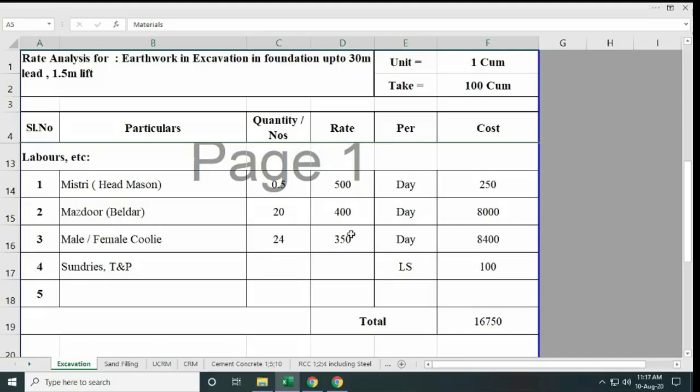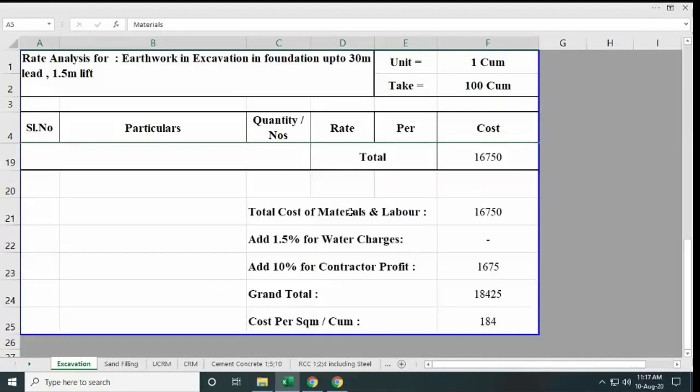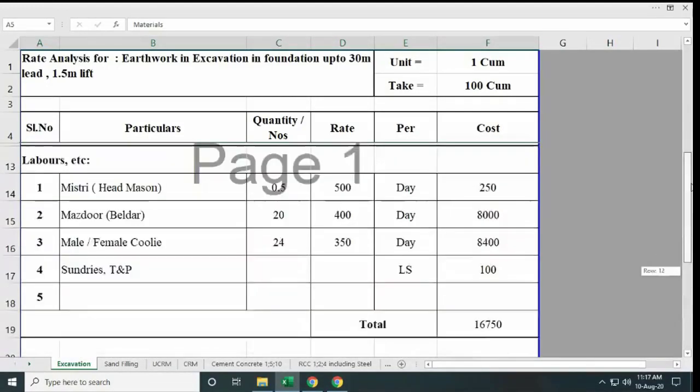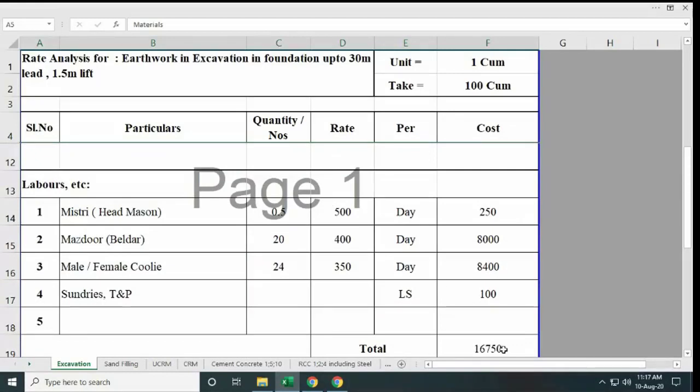Again, in different cities these rates will change. The same rate you may not have in Bangalore and elsewhere. It will vary. Therefore, in rate analysis and material calculation, you can concentrate on the method. Afterwards these rates may vary slightly. It's not that everyone will get the same answer. You may have slight variations in the labor rates or the material rates.